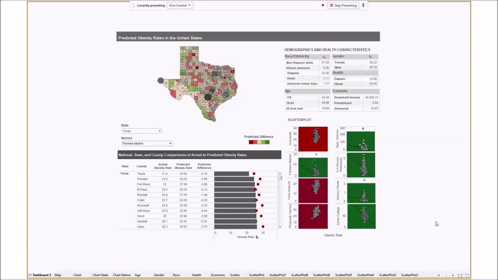And so the goal is really to understand the risk and protective factors for obesity for each state within each county, understand the high probabilities of increased obesity rates, and then also map the available services to minimize the risk, and then just build